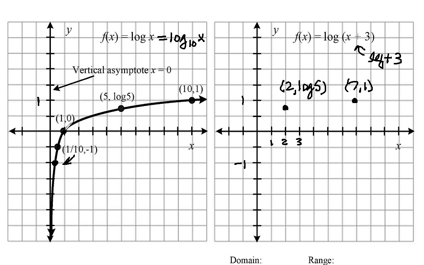And then this guy's going to go to the left. Oh wait, did I do it 3 units? 1, 2, 3. Yeah, I did. Okay, and then this guy's going to the left 3 units. 1, 2, 3. So that's going to be right here. So that's -2, 0. And then this guy's going to go to the left 1, 2, 3 units right there. So that's going to be right here. And then if you play dot to dot with these guys,